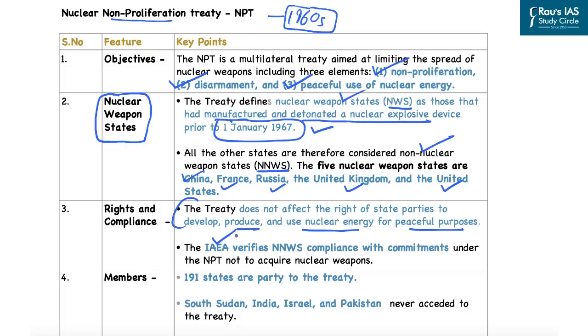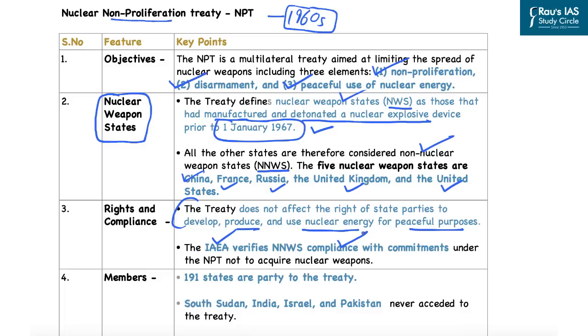So the IAEA verifies the non-nuclear weapon states and their compliance with the commitments under the NPT to not acquire nuclear weapons. This is because this treaty clearly defines that there can only be 5 nuclear weapon states. And if any country becomes a member or accedes to the NPT treaty, that country will have to clearly dispose of its nuclear weapons. And that is why it is the duty of IAEA to verify the non-nuclear weapon states and their compliance with the commitments that they have set up under the NPT to not acquire any nuclear weapons